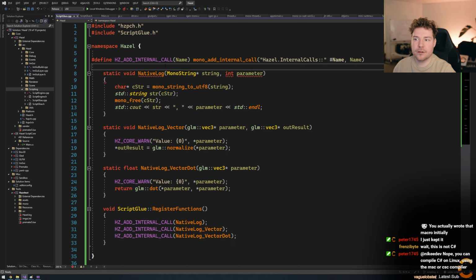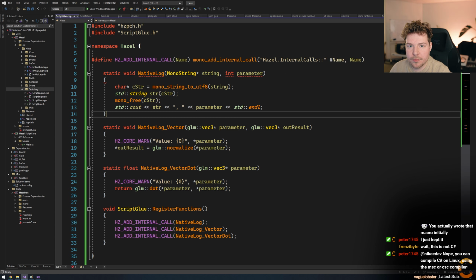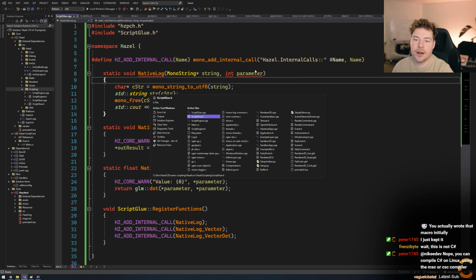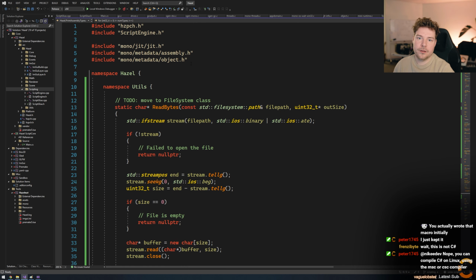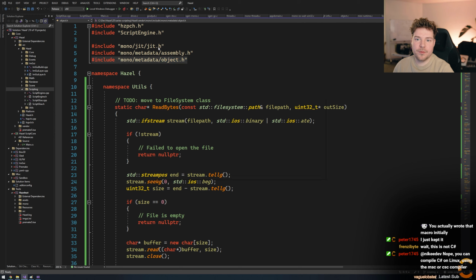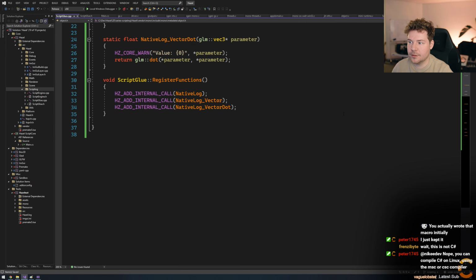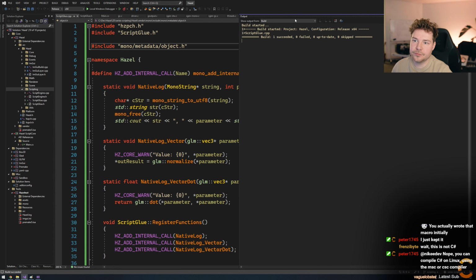Wait, what? I mean, it's bringing that stuff up. Oh, incomplete type. I was going to say it's bringing up some C# stuff, but that doesn't matter. Incomplete type. Oh, right, I haven't included mono. Might actually know. Just object, maybe? I don't know what needs to be included as far as mono goes. That seems good enough. All right, cool.